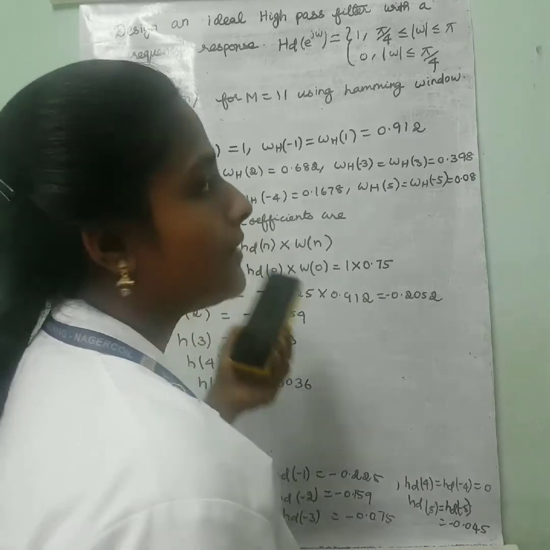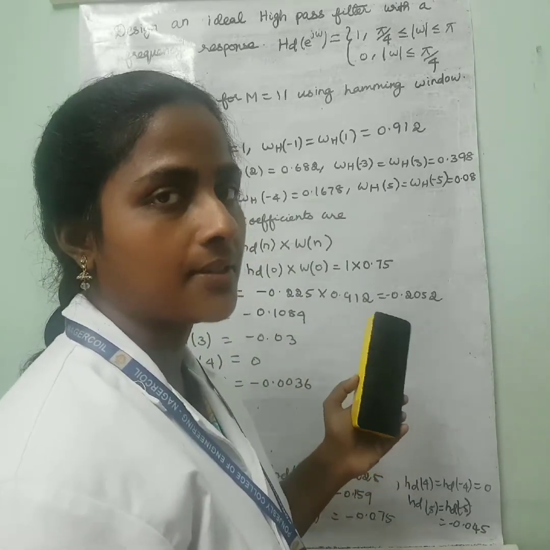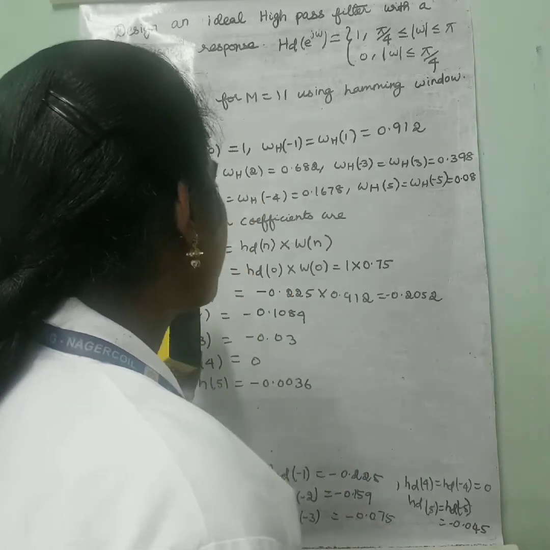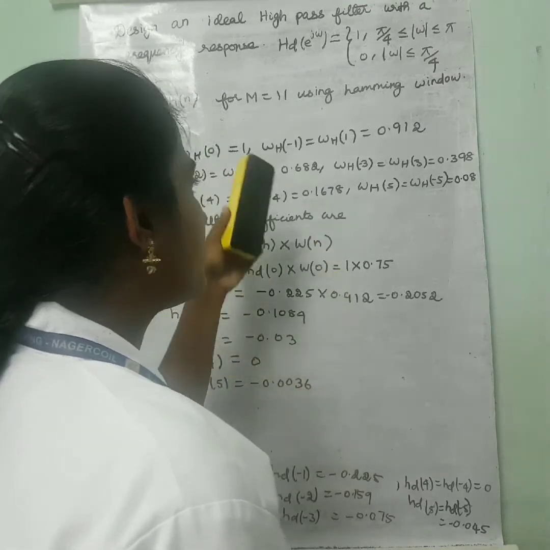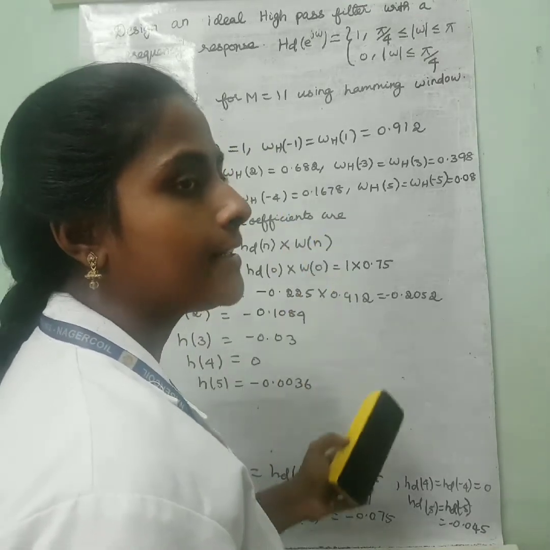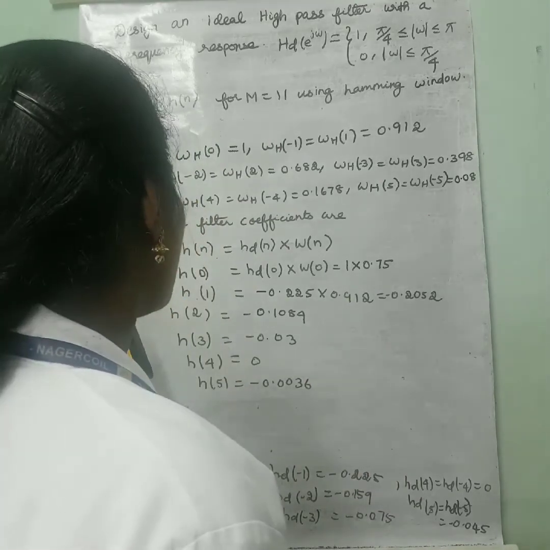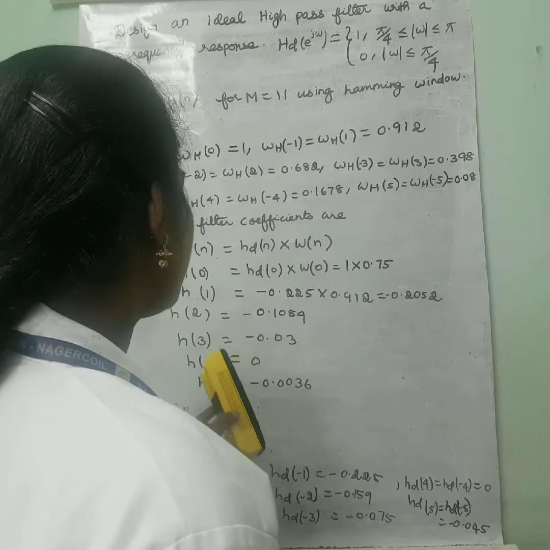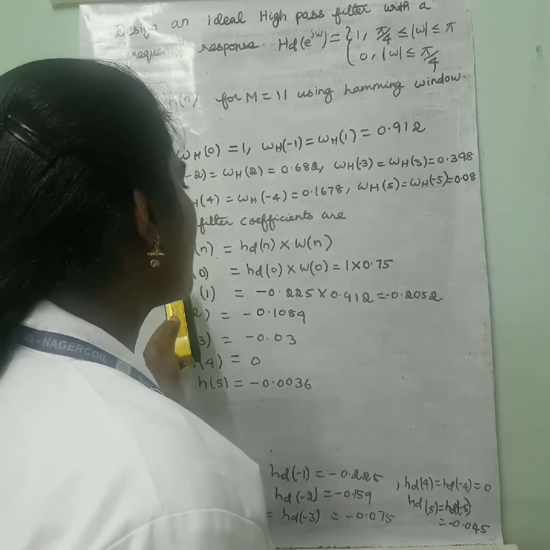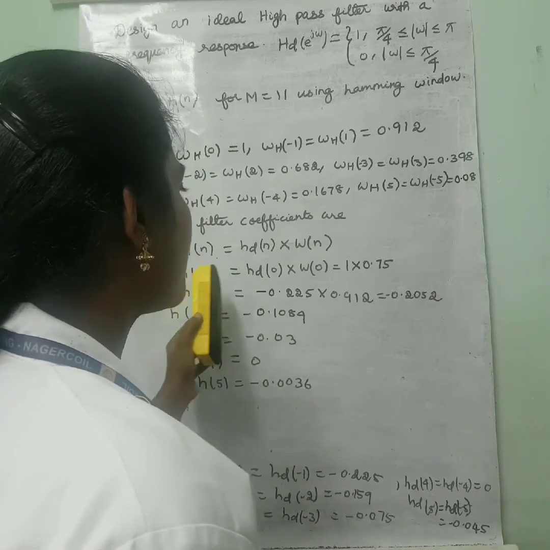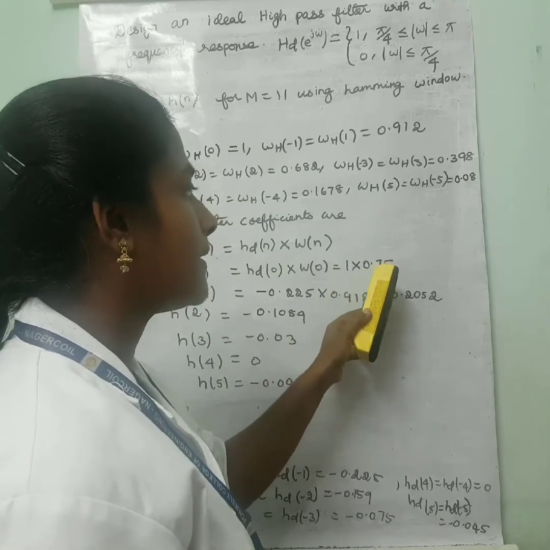In the question they have asked to find h of n, that is filter coefficients. The filter coefficient formula is h of n is equal to hd of n into w of n. So we have found w of n and hd of n separately. So we can find the values of h of n, that is h of 0, h of 1, till h of 5. h of 0 is equal to hd of 0 into w of 0, that is 1 into 0.75,